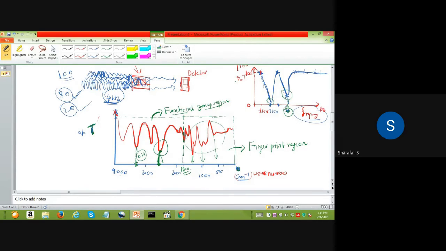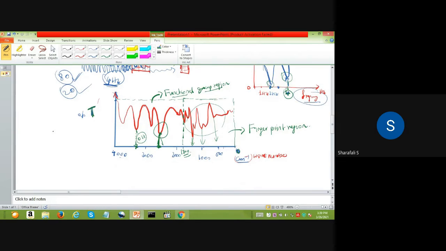When you are taking this example, we are considering it as 2 hertz and 4 hertz, but it is not the right values. But they will be having some values for that stretching and wagging vibrations. They will be having some particular value, and that is associated with that C double bond O bond only. And if you consider any other kind of groups which may also be present in different molecules, for example, you can consider